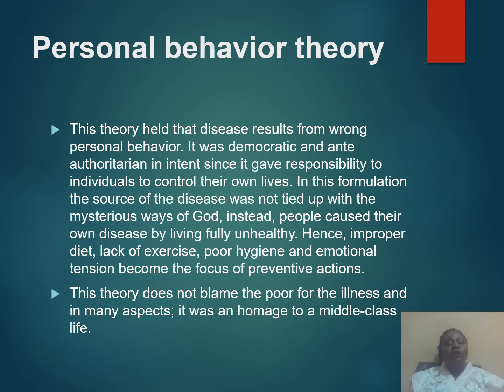Another one, which is the third theory, is the personal behavior theory. This theory held that disease results from wrong personal behavior. It was democratic and anti-authoritarian in intent, since it gave responsibility to individuals to control their own lives. The source of disease was not tied to the mysterious ways of God. Instead, people caused their own disease by living unhealthily. Hence, improper diet, lack of exercise,